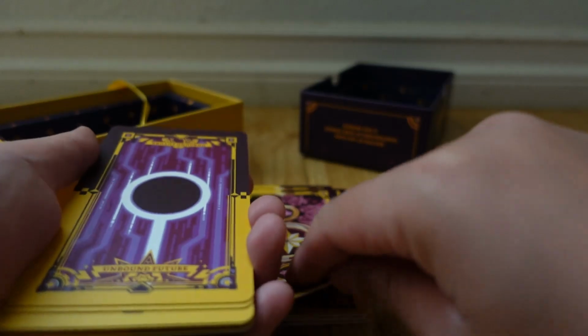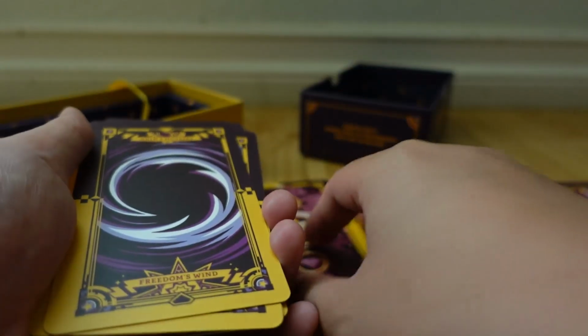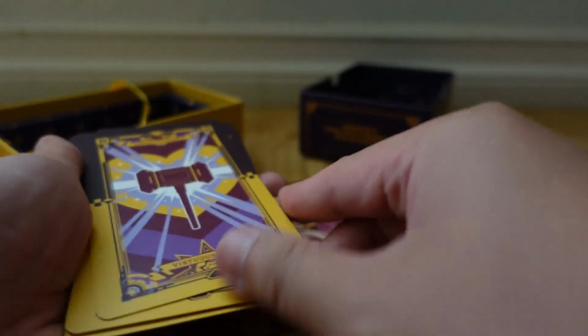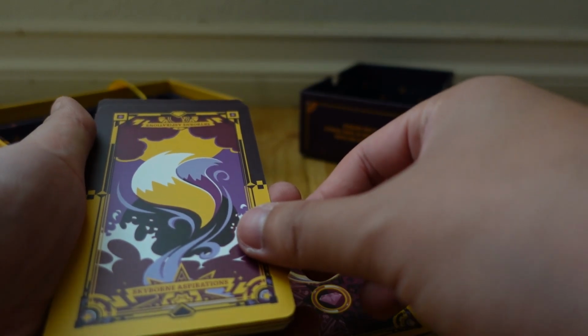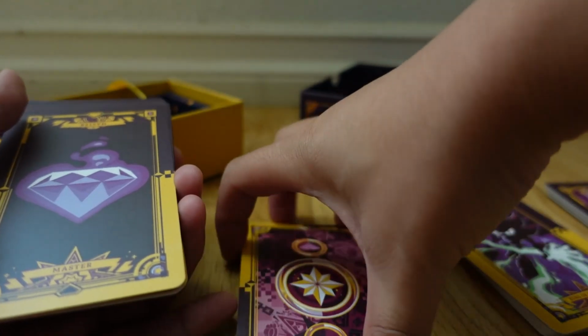Unbound Future. The Justice. Time. Lone Guardian. Hero. Freedom's Wind. The Fruit. The Babylons. The Mantra Machina. The Virtuous Heart. This one is the Skyborn Aspirations. I don't know how to read that. The Master. And the final card,